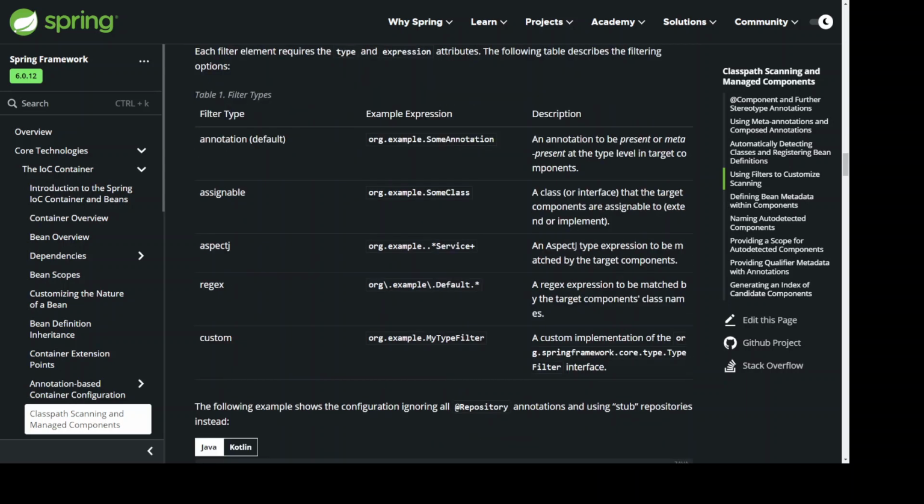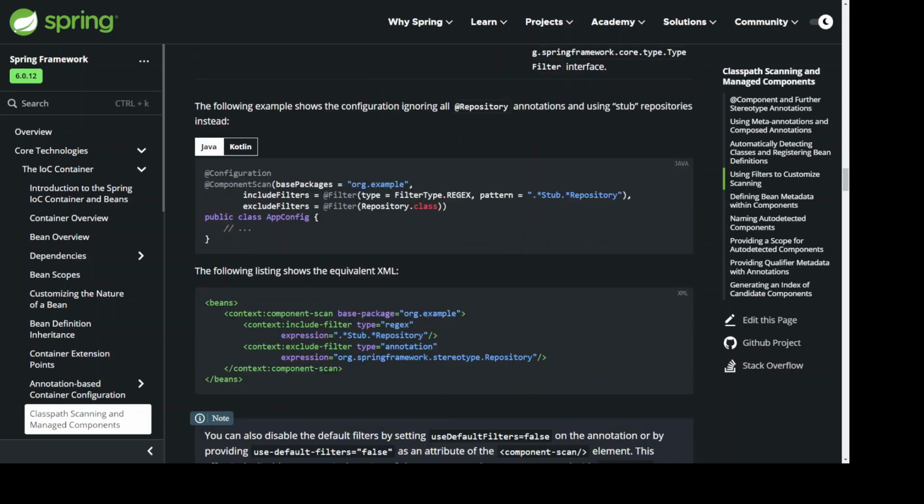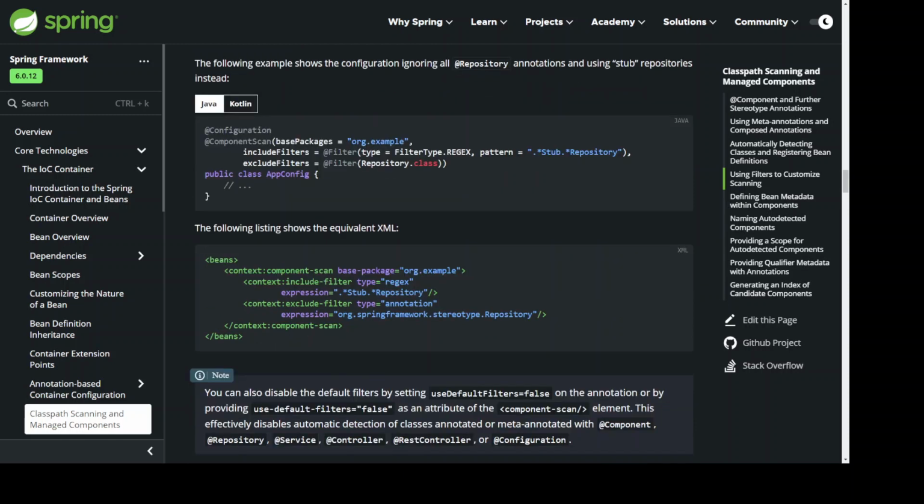Custom: org.example.MyTypeFilter. A custom implementation of the org.springframework.core.type.TypeFilter interface. The following example shows the configuration ignoring all @Repository annotations and using stub repositories instead. @Configuration @ComponentScan(basePackages = "org.example", includeFilters = @Filter(type = FilterType.REGEX, pattern = ".*Stub.*Repository"), excludeFilters = @Filter(Repository.class)) public class AppConfig {